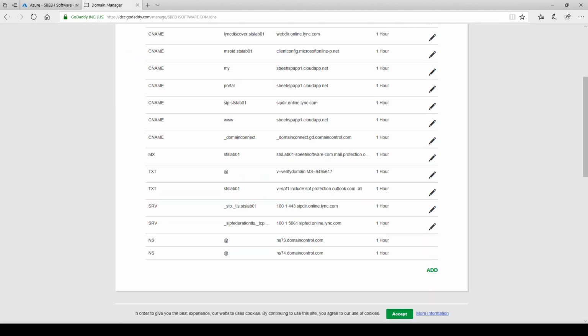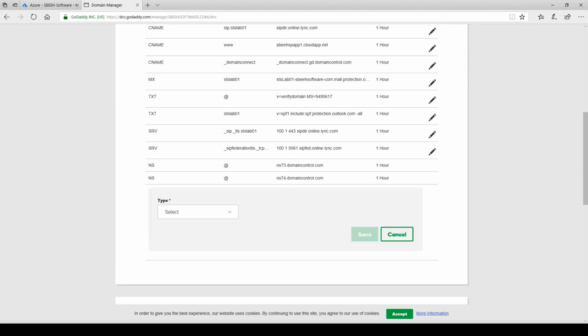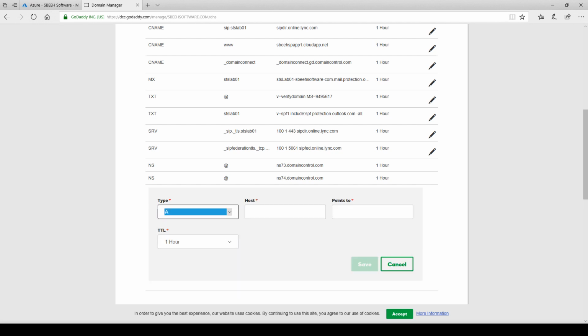Next, we need to add a record in public DNS that points to the Office Online Server public IP.